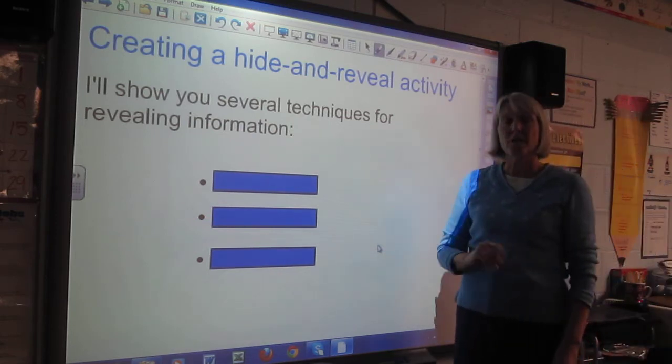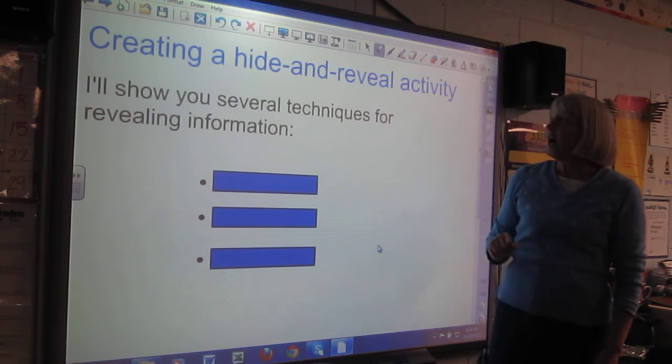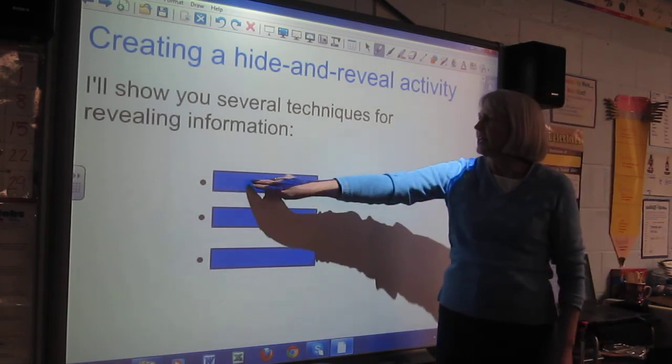Alright, we're going to focus on 3 ways to create a hide and reveal activity today. I'll show you several techniques for revealing information. Each of these is very easy to use. The first technique,